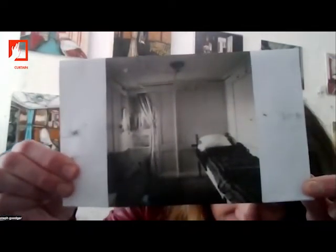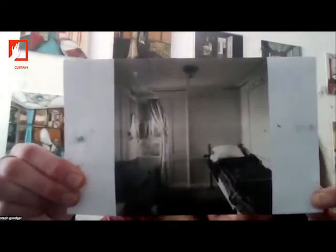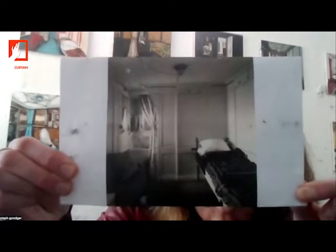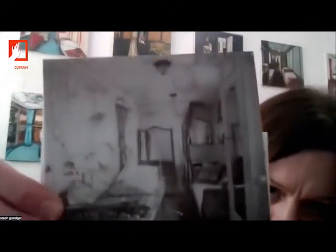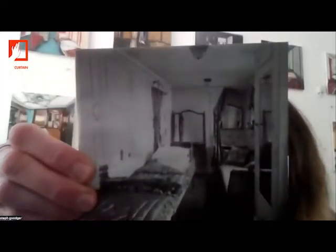Oh, wow, I haven't seen these before. These are the shots. They are so stark, they're so empty, and I think they were all shot the same day, same light, same photographer, same height, same everything. They're very, very similar in the way that